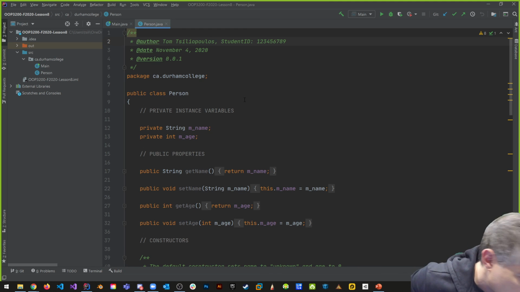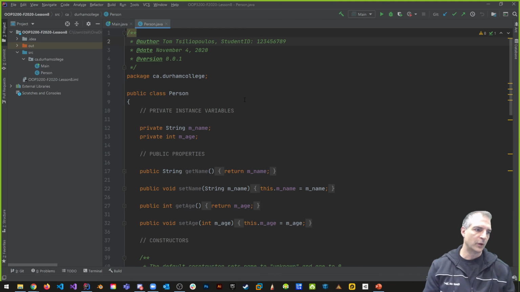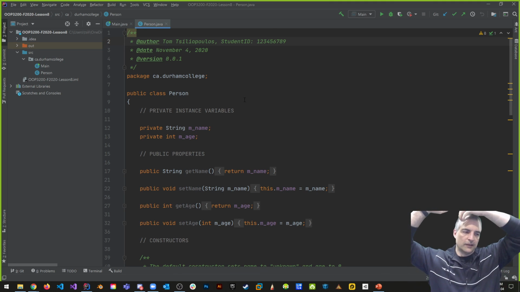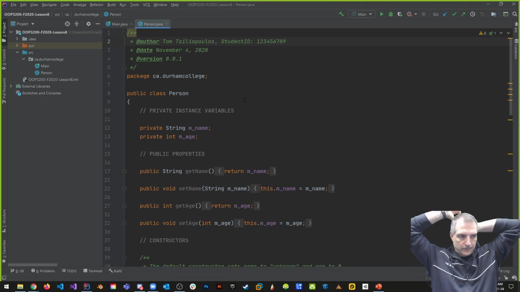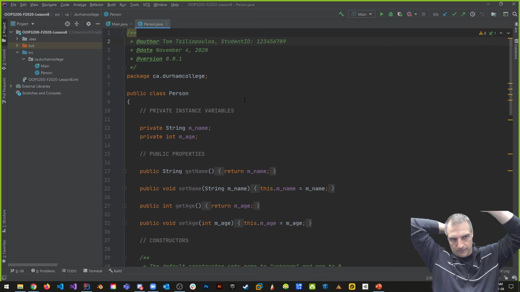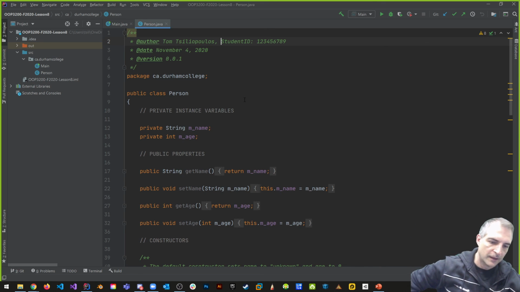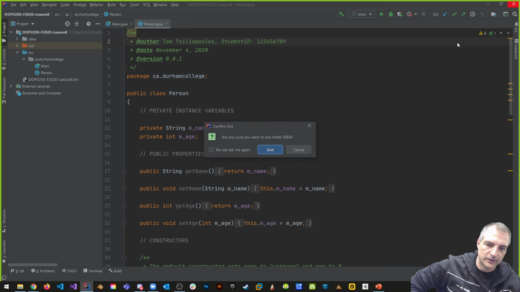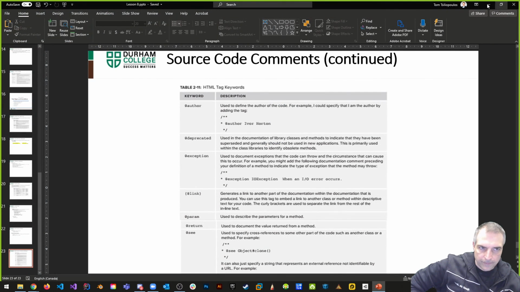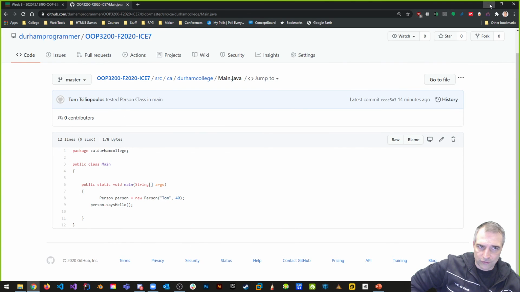All right, so recap. No zip. No, I don't want a zip. Just a link to your GitHub, please. So if it says zip, just a link to GitHub. That's enough. Oh, by the way, if you're going to send me a zip file, that might be a cool exercise to do too. First you shut down IntelliJ, please. And just so I can show you how to do it,